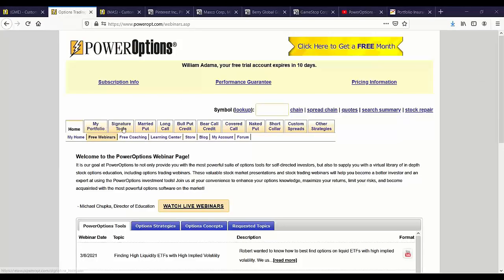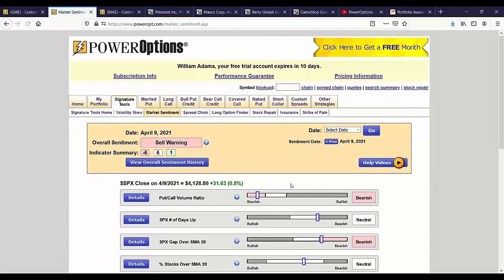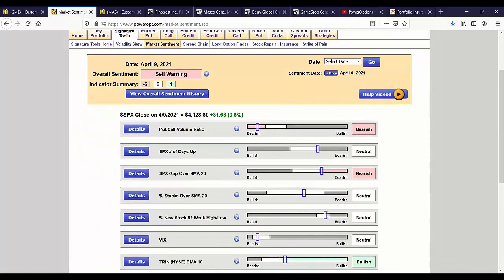We talked about the signature tools. We looked at the spread chain today, talked about the long option finder, stock repair, and how powerful that could be, the insurance tool. Now, the market sentiment tool on the home page. Frank's question: finally, can you comment on how you use the market sentiment tool again, and when does the sentiment